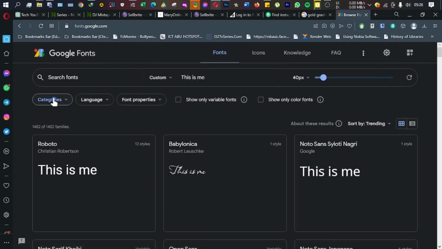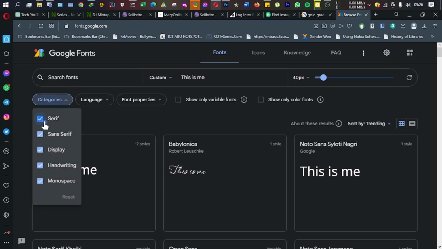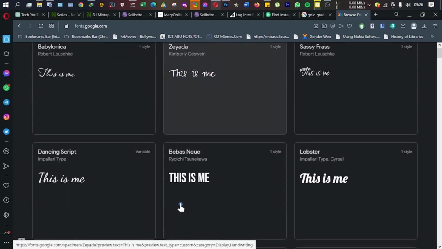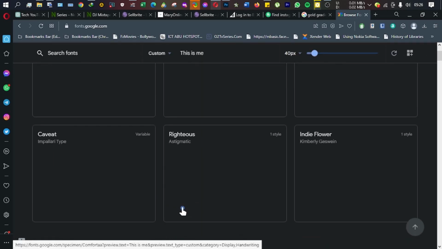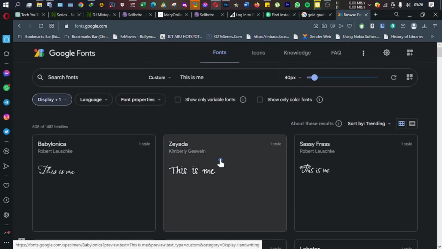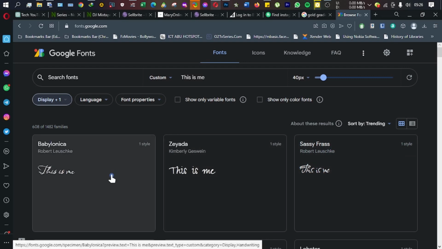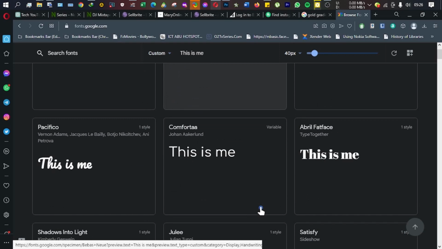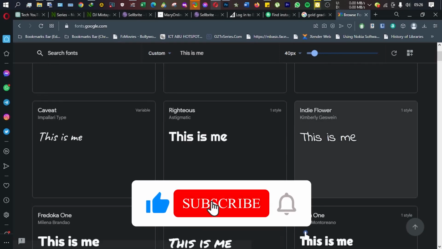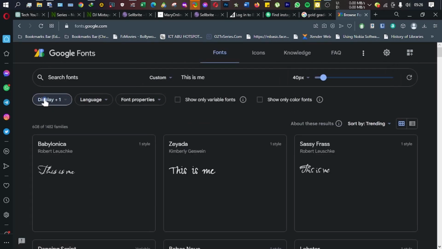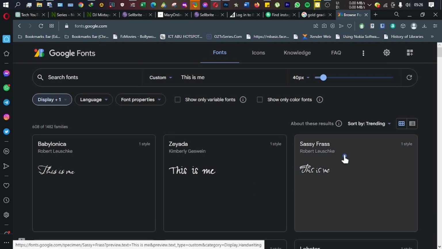As a matter of fact, I can choose fonts based on category. For instance, let's assume that I want it to look like handwriting, so I'll deselect some of the categories until I get what I want. For instance, you see this Sassafras looks really nice. There's this one also, there's this. You see, there are different shades of handwriting kind of font or cursive kind of font that you can choose from. So I'll just go with this